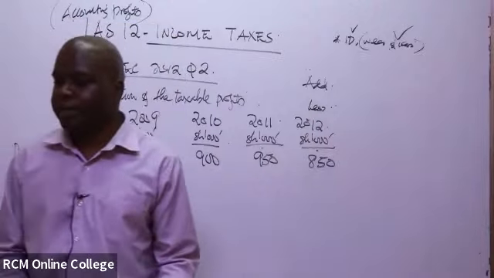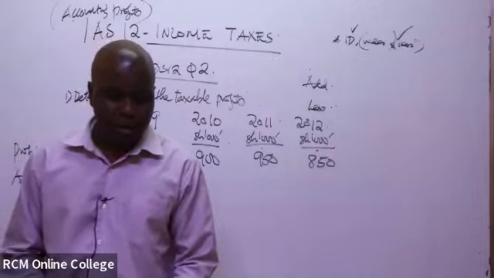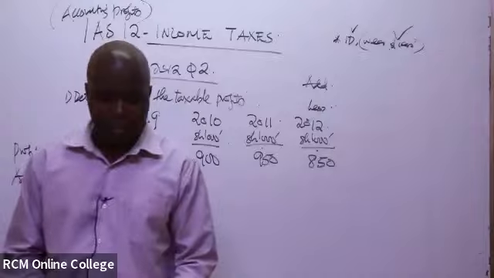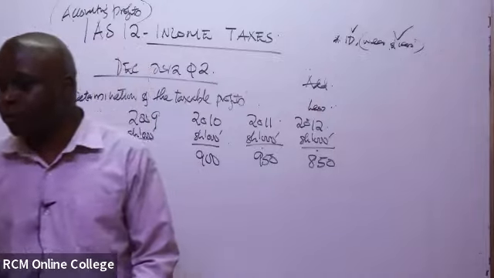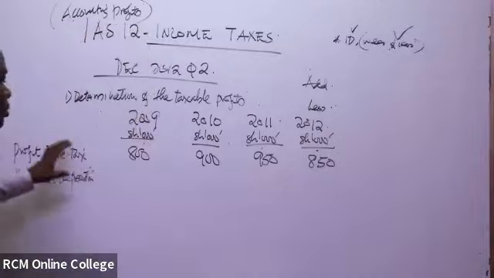I can see Leonard says 1 million. Elizabeth says 100, so I don't know how Elizabeth is getting 100. It is 1 million. So the depreciation that they considered when they were coming up with the profit before tax was